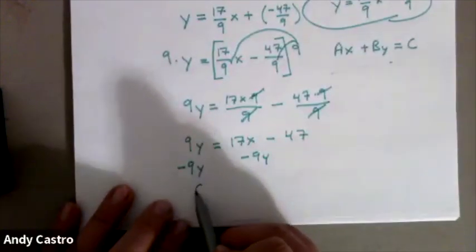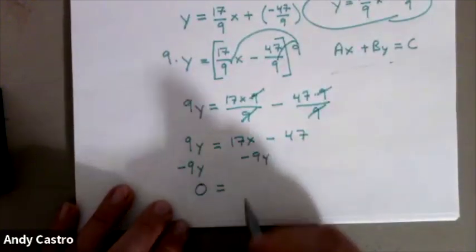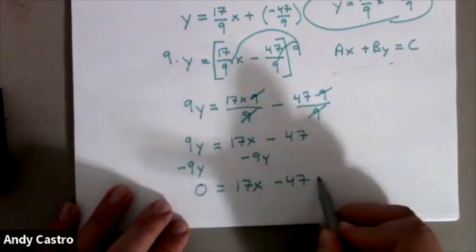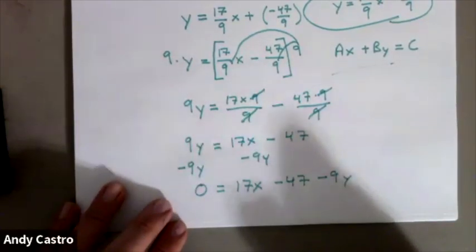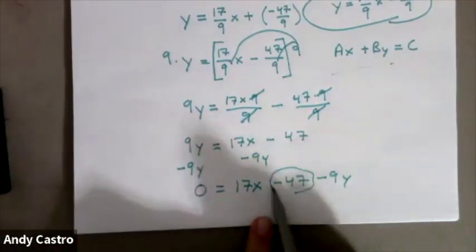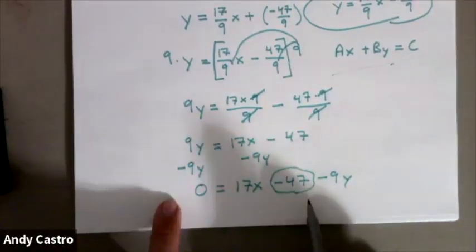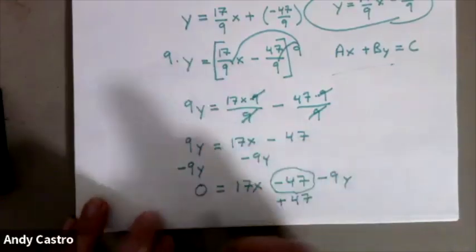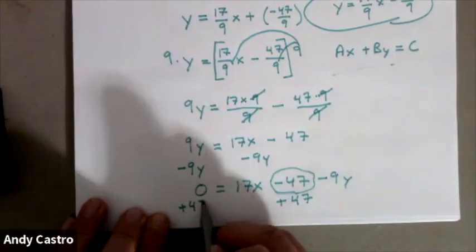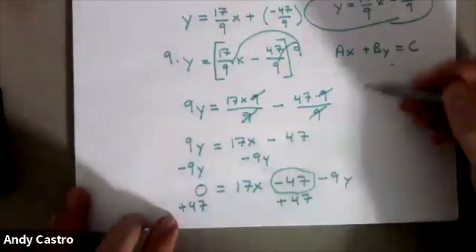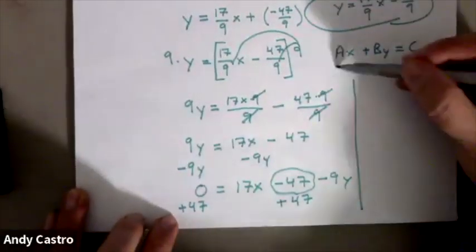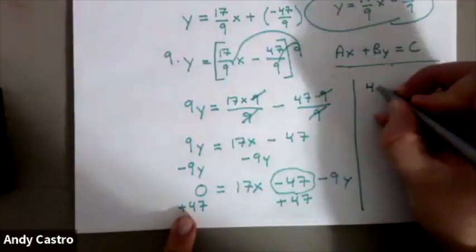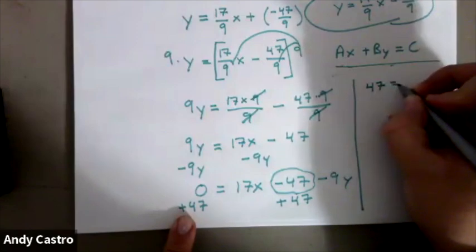So if I do that, I have 0 is equal to 17x minus 47 minus 9y. Then I'm going to bring this number here that doesn't have x or y over here. So I'm going to add 47 to both sides. Right? And what I'm left with is 47 is equal to